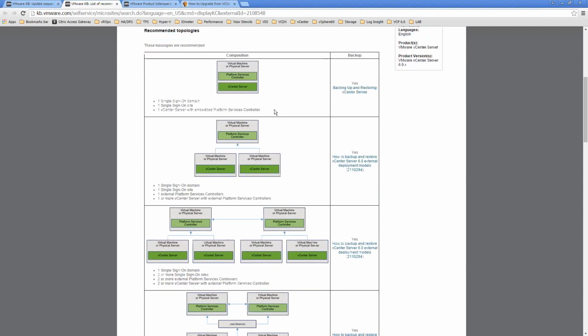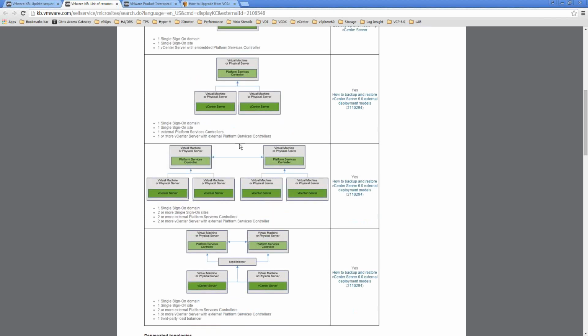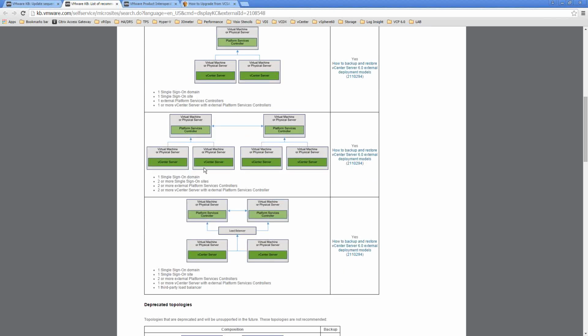If that's how your setup is, that you have your SSO VM here and you've got two vCenter servers, you will need to deploy an external PSC. This is what I have in my lab, and that's what I'm going to run you through. This is typical of lots of companies where they have vCenter servers running server workloads and VDI workloads, where you have an SSO machine sitting here and two vCenter servers talking to it, and there's a second SSO machine in a second site which has two other vCenter servers talking to it.